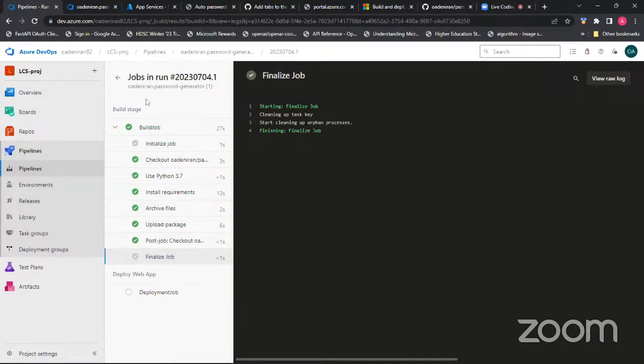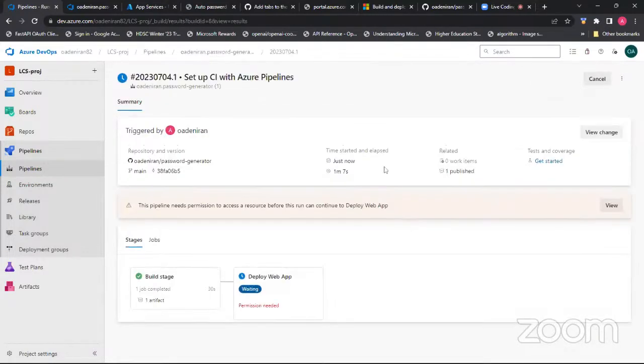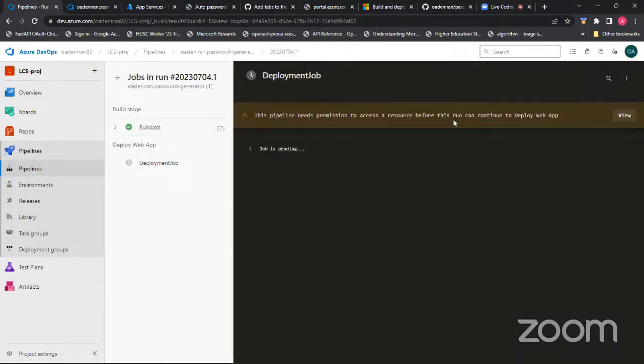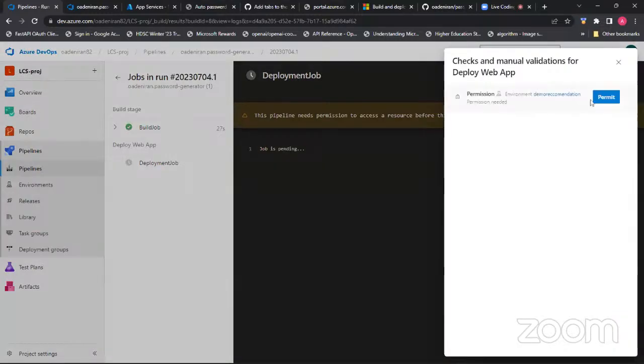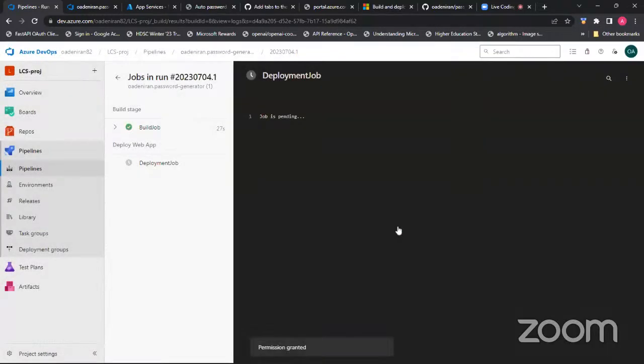After this job has been completed successfully, what's the next thing? We now need to go to the next job, which is the job that does the deployment. Here you see that this job is pending. Why? Because it needs access to a resource, the resource manager that I created before. So now I'm going to permit it to use that resource manager. And now that I've granted the permission to use that resource manager, it's going to permit you to